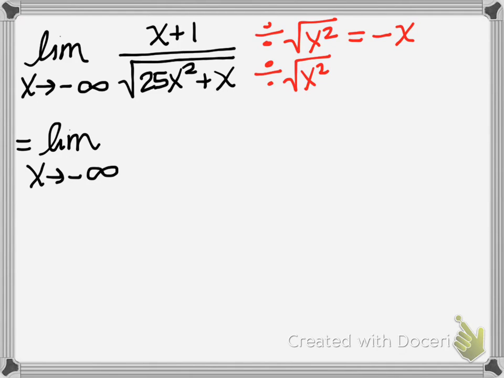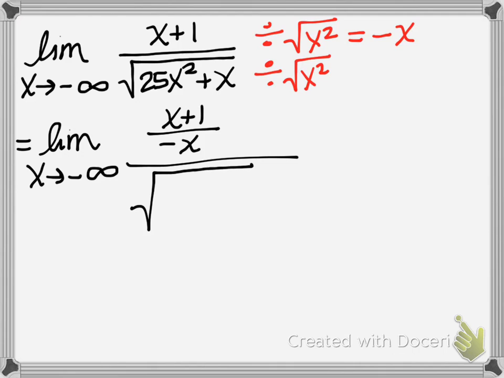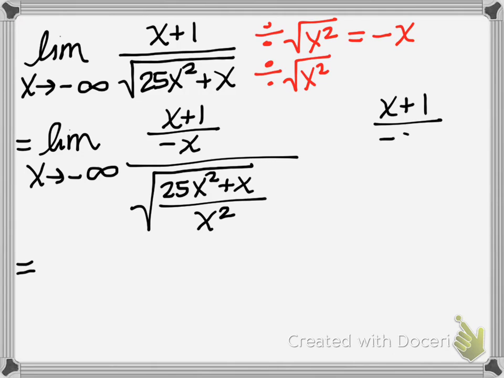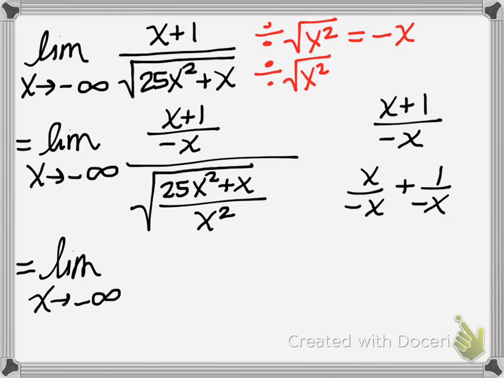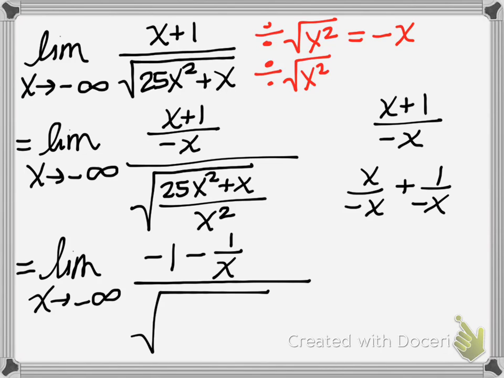So let's do our division. We're taking x plus 1 and dividing that by -x in this case. And then the square roots are being divided, which allows us to do the division inside the square root. And next we're going to do our term-by-term division. So dividing x plus 1 by -x is the same as x divided by -x plus 1 divided by -x. So the numerator of our limit will be -1 minus 1 divided by x. And the denominator will still be the square root. 25x squared divided by x squared is 25, plus x divided by x squared will give us